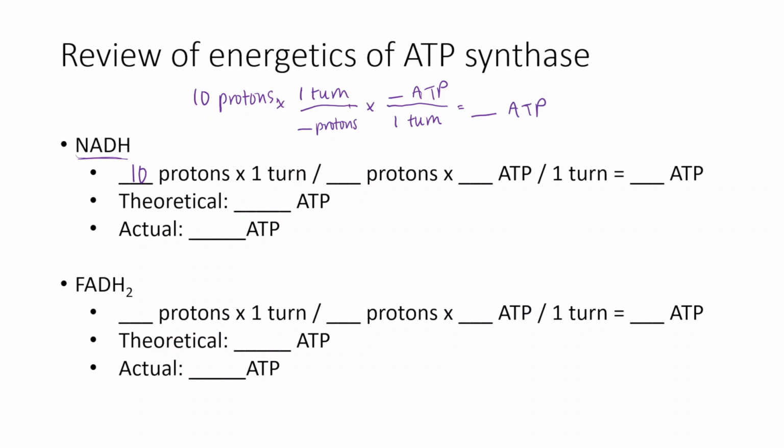You can also write it like that, so that you can eventually cancel out the units. We're essentially just doing dimensional analysis, where we're doing some math to cancel out units to eventually figure out going from protons to the number of ATPs we can make. So NADH gives us 10 protons. And so on our ATP synthase, we just talked about one turn, or sorry,